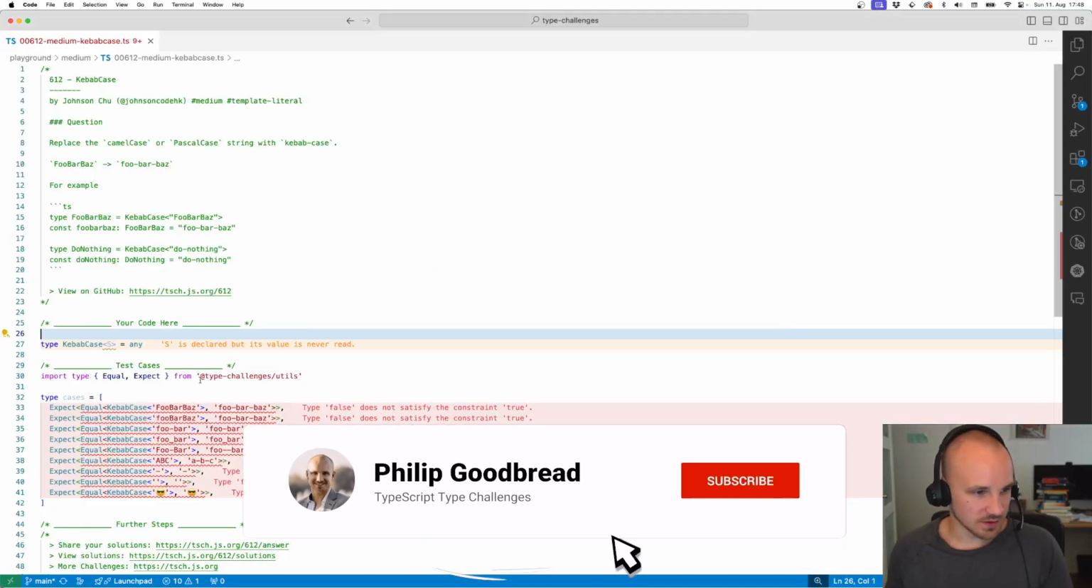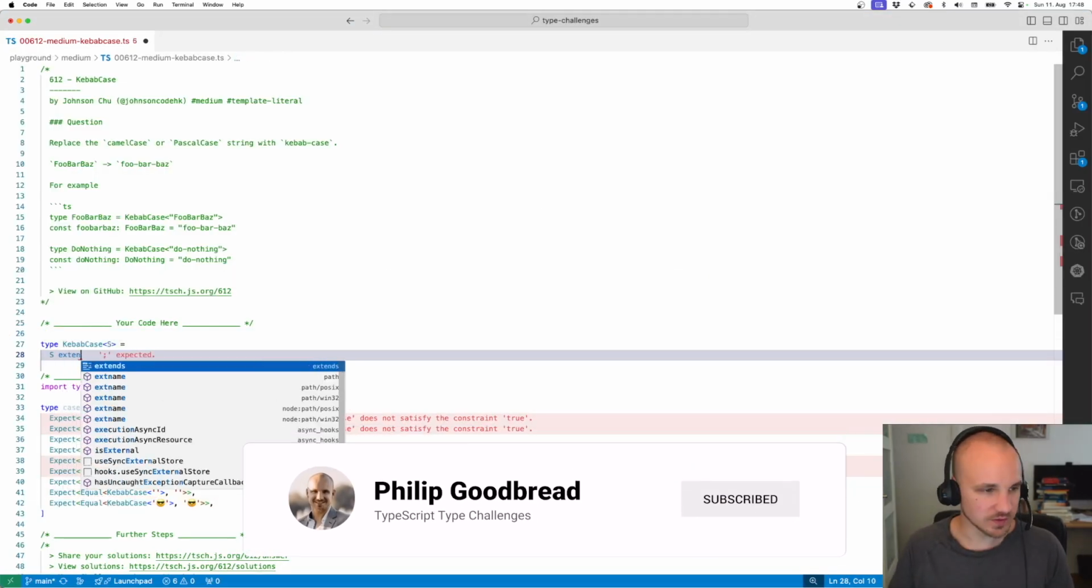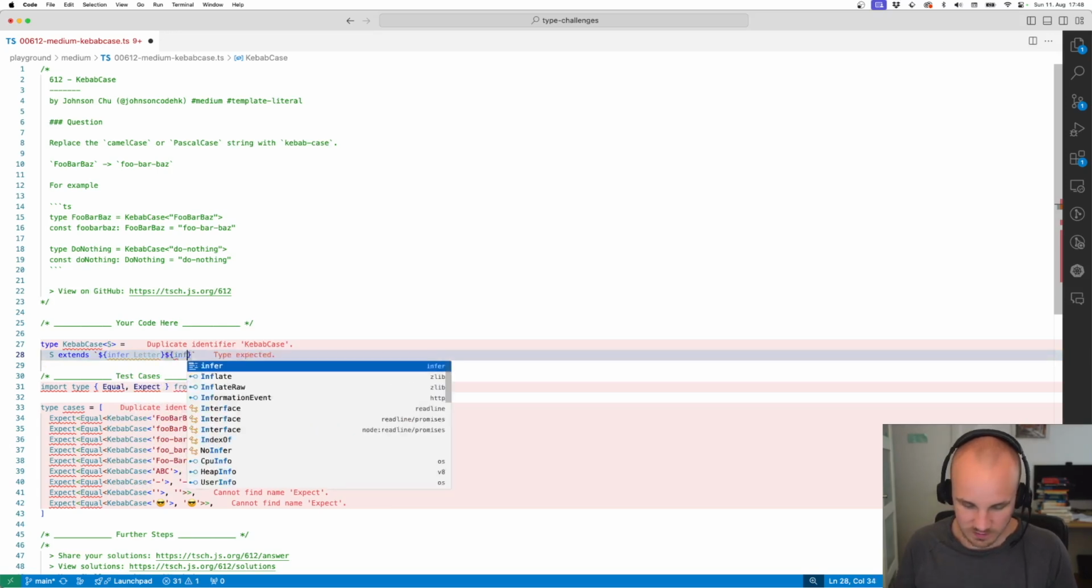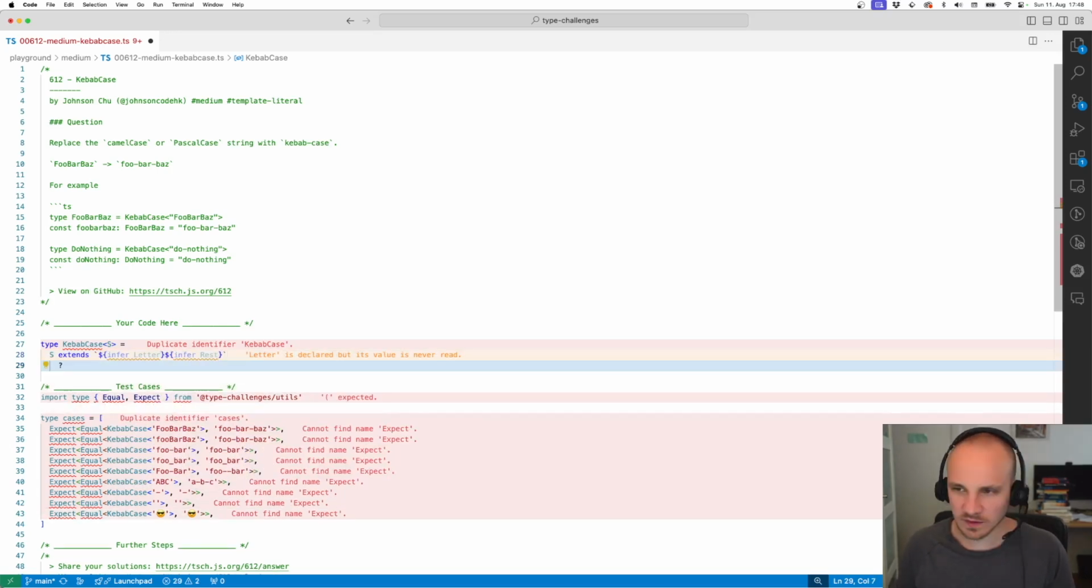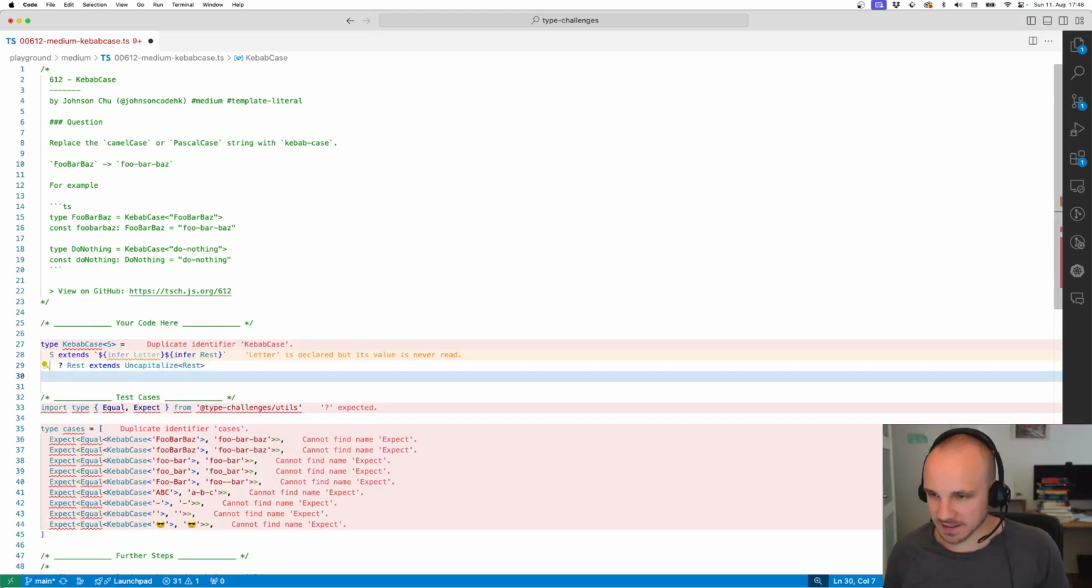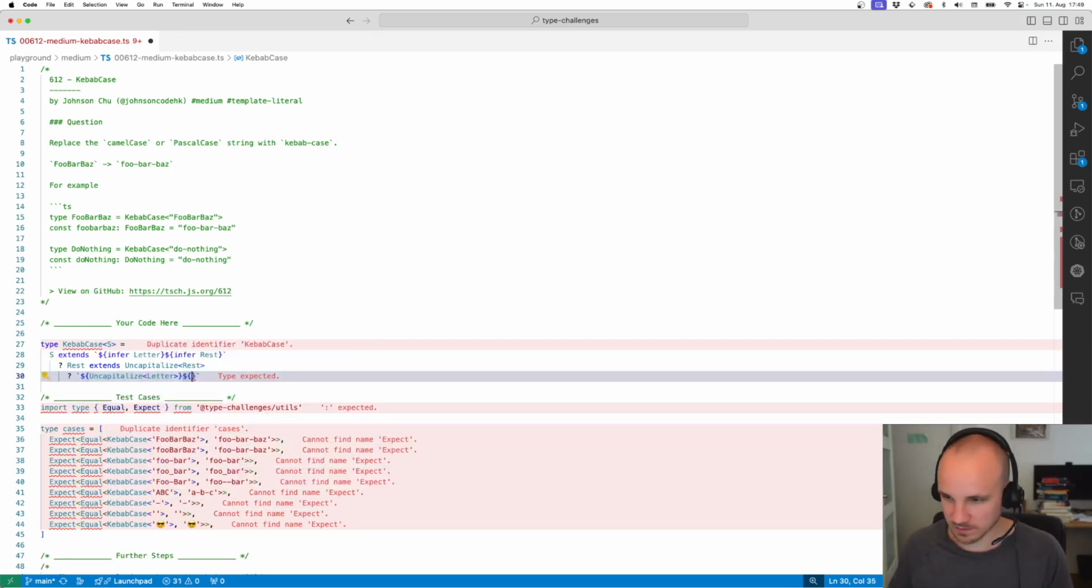Let's go into the code. We're first gonna go through the string step by step. For that we infer the first letter and infer the rest of the string. If the string has this format, we can check if the rest is equal to the uncapitalized rest. If that's the case, then we're gonna build a string out of the uncapitalized letter and the kebab